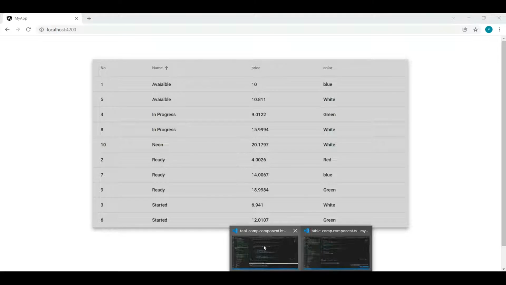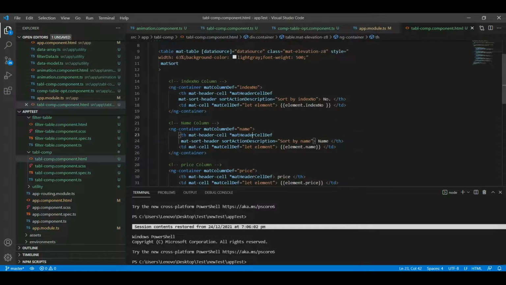Now one point I want to highlight here: matSortHeader applies the aria-sort attribute, hence screen readers generally do not receive feedback about whether sorting has happened or not.